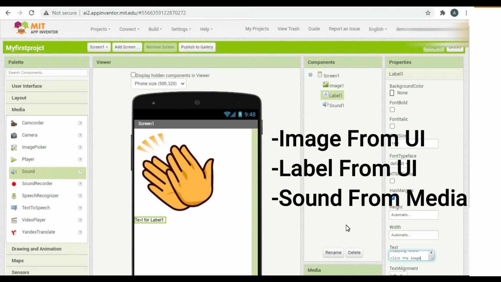After typing this, just hit the enter key.